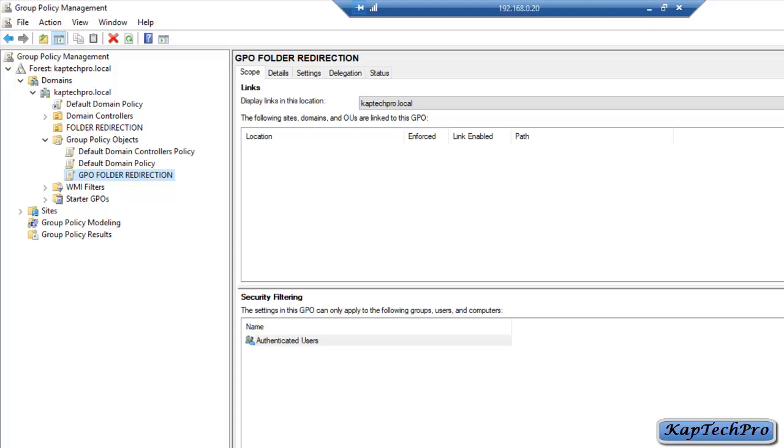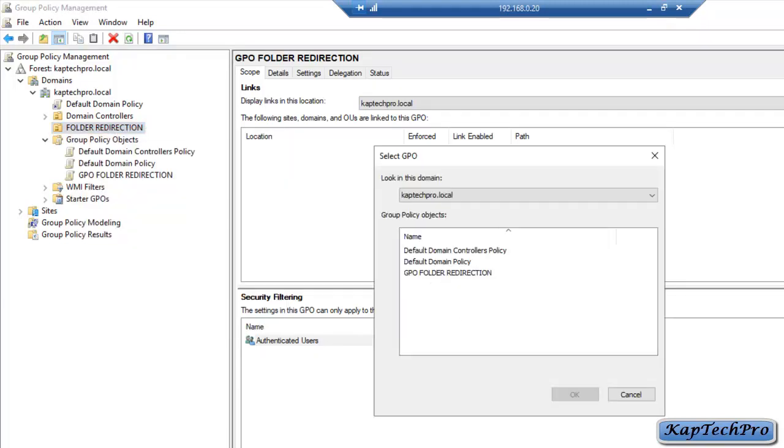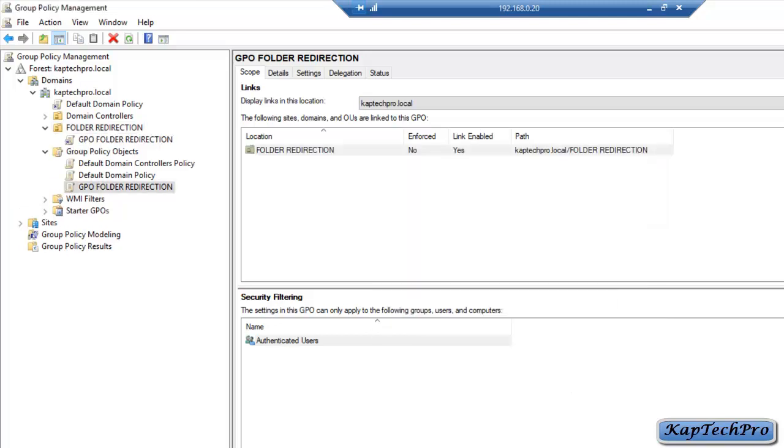So for linking group policy, we'll right click on the organization unit, and now we'll click on link an existing GPO. Now we'll select the GPO, which is GPO folder redirection, and click on OK. As you can see, now our GPO is linked to our organization unit. Okay friends, so we have successfully created the group policy, and now we have linked the group policy with the